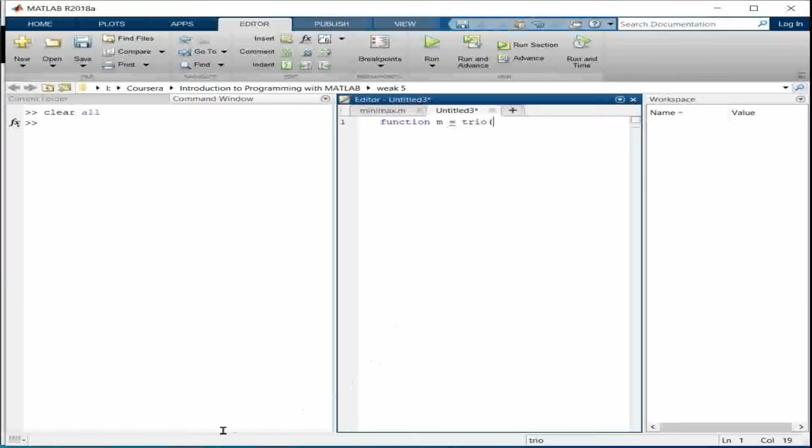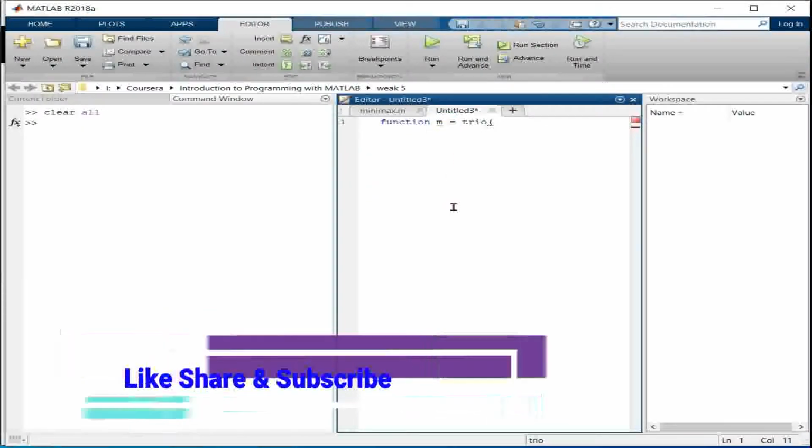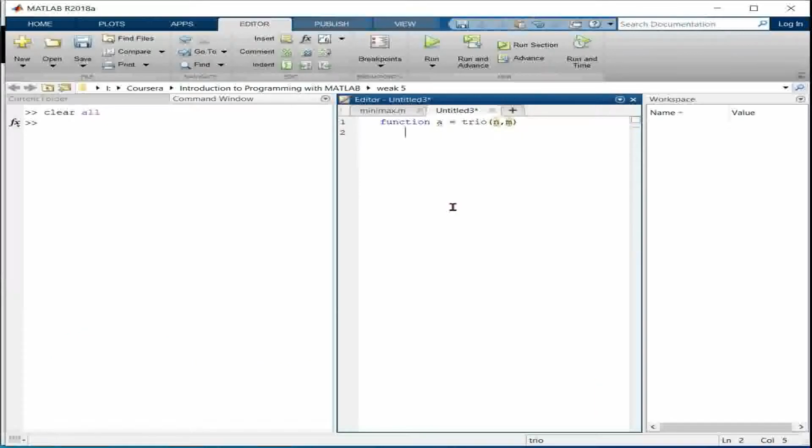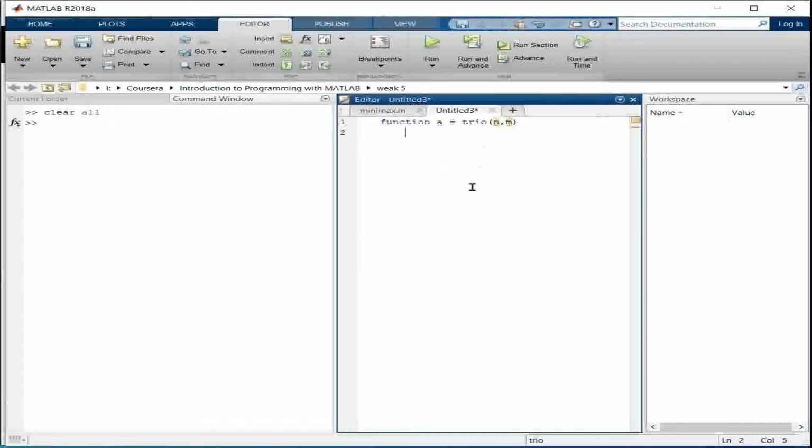It takes two inputs, n and m. This function will return a matrix whose size is 3 times n by m, because we have to print 1s, 2s and 3s, each n rows. So let's go to the next one.